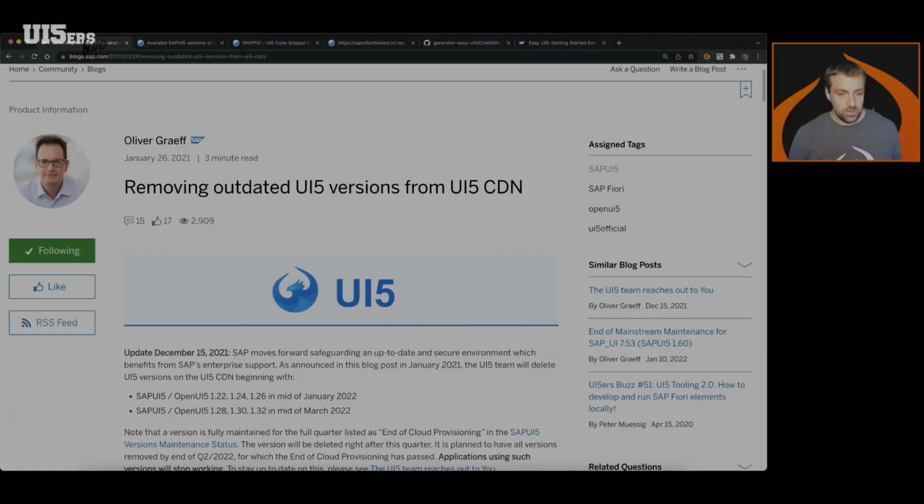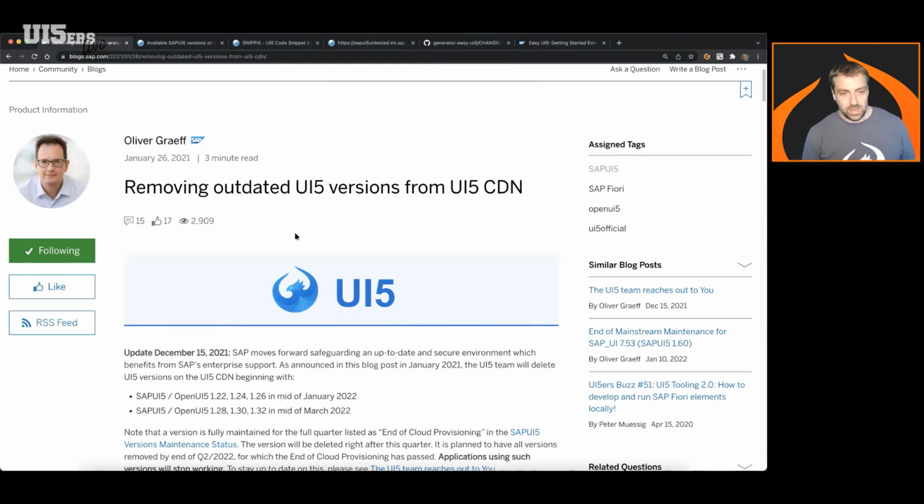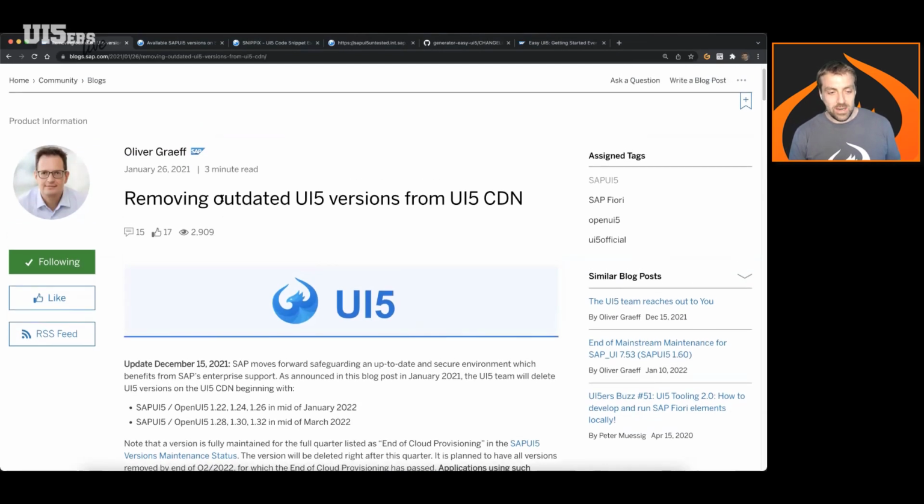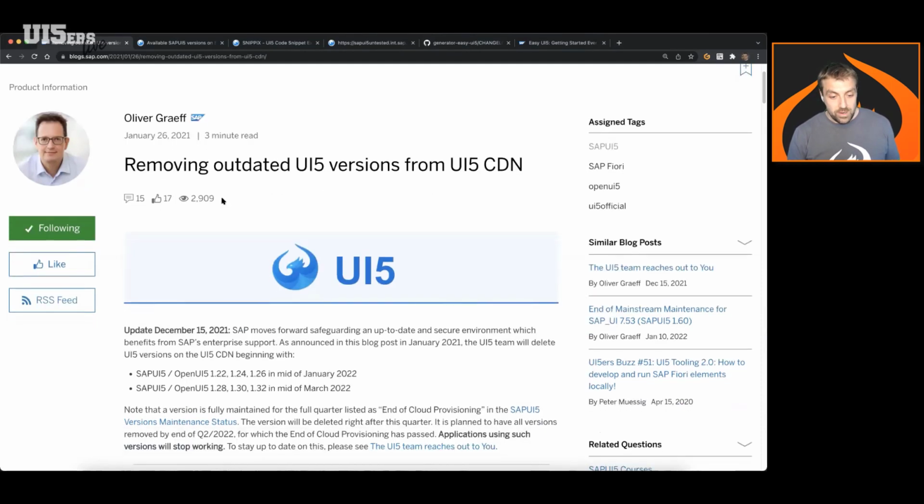So as Margot initially mentioned, I have around 3 topics, or more or less 2. One is related a bit to the deletion of the versions that we are doing from the cloud. We announced it also beginning of the year, or even last year, time is running, that we want to remove outdated versions from CDN. And we already started at the beginning of this year to really remove versions from our CDN. So very old versions like 122 and so on have been removed fully already.